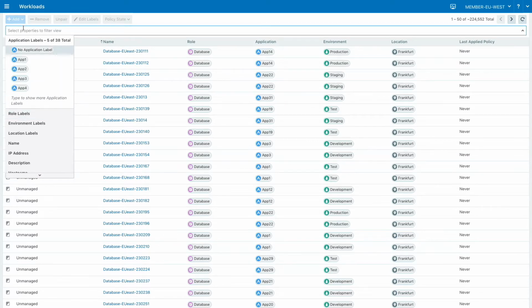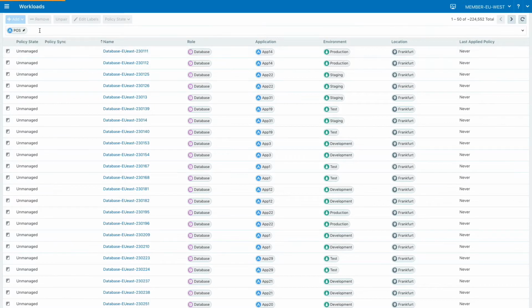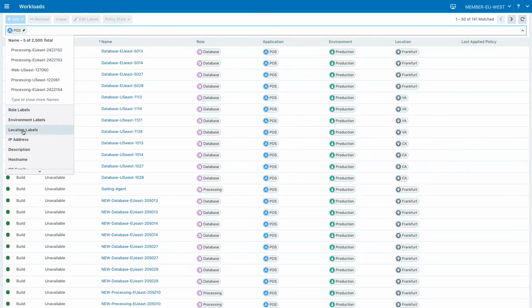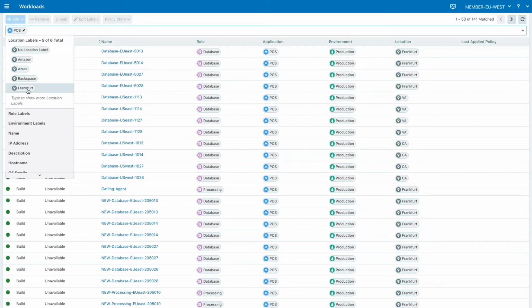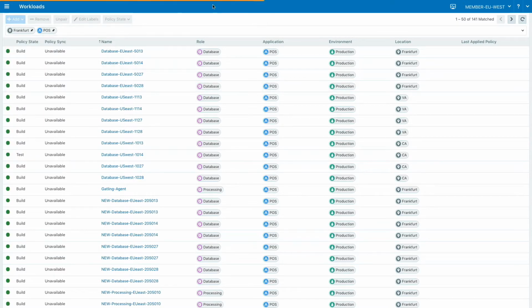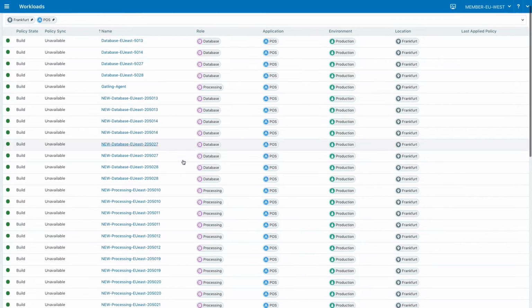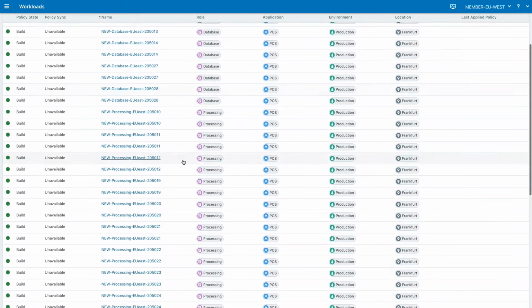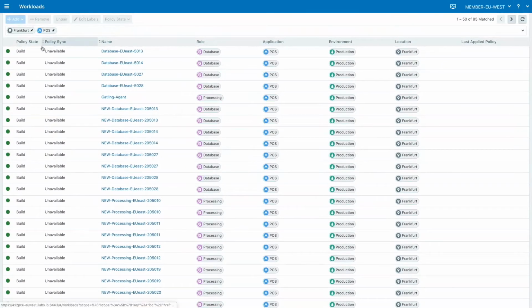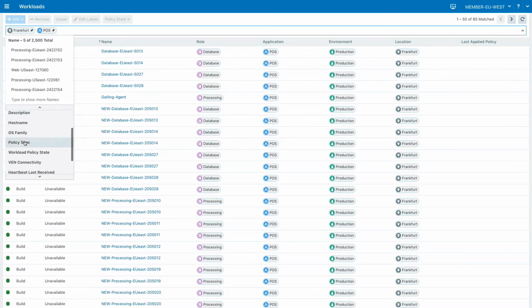And as they come up, I'm going to pull up a point of sale. You're going to bring up the point of sale application. Yeah. And the location was Frankfurt before. Yep. And we can see that they're beginning to synchronize, okay? And let's find one of those workloads that is synchronized. Actually, you could do a policy sync sort. Actually, let's do that. It takes about 5 minutes for all the workloads